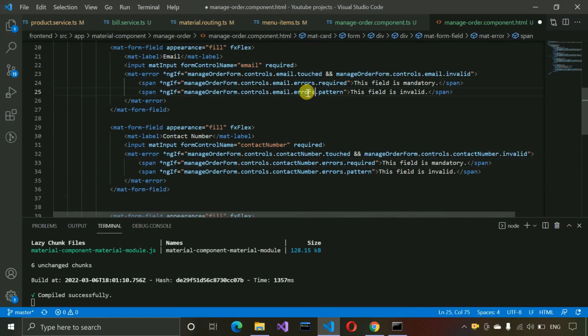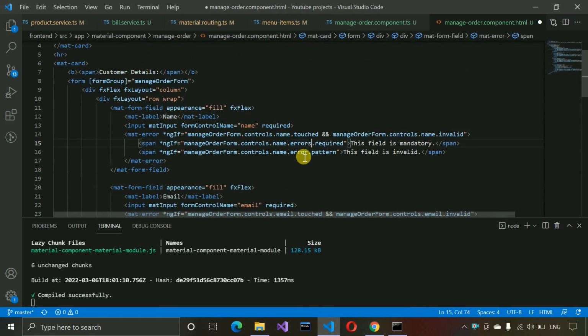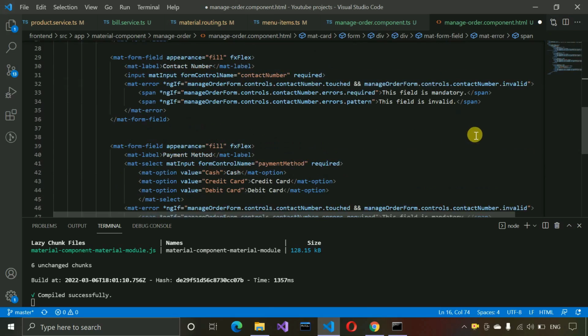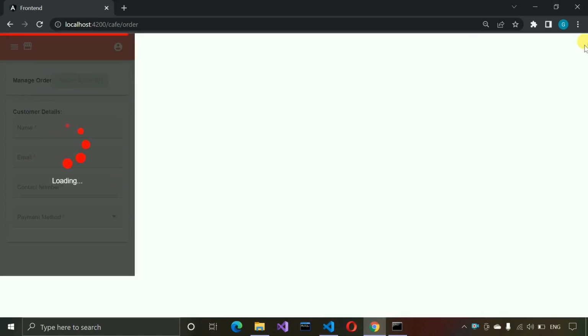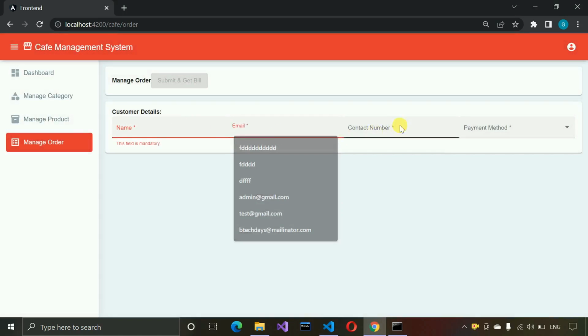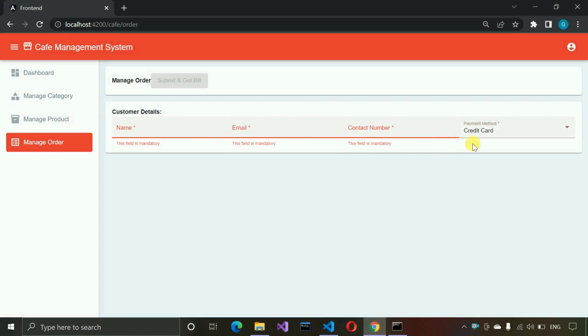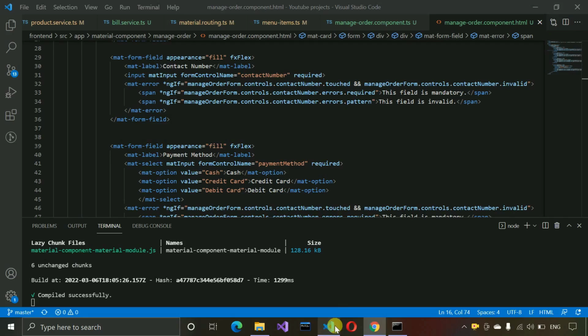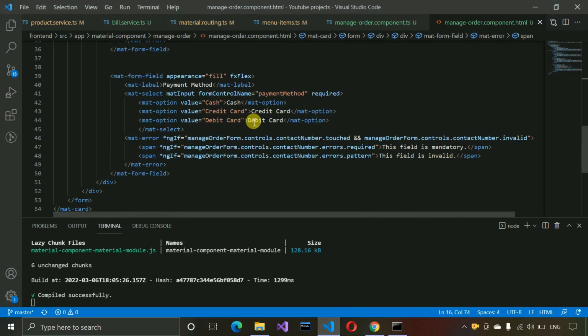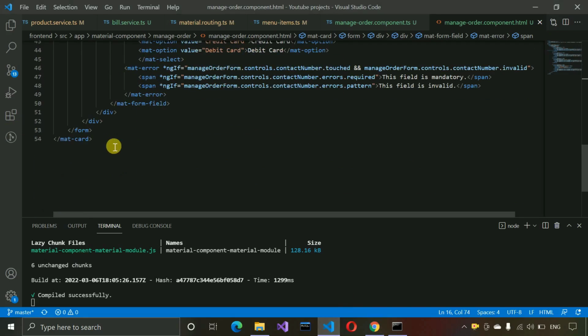Now email, as we did copy paste, so we need to do the changes, and when we save it and when we move back over here, it needs to work fine. You can see now it's working fine. Okay, so now let me move back over here, and here we need to go outside of this mat card, and here we need to write HR,